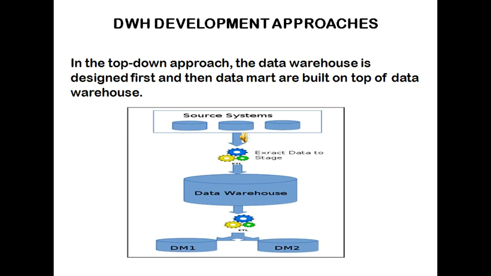We have what is called the source system. Source system is nothing but where the multiple sources of data are stored. Then it is extracted and put into the data warehouse. Once it has been put into the data warehouse, we can load the data marts one by one by the ETL process.